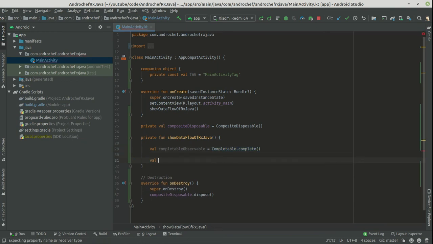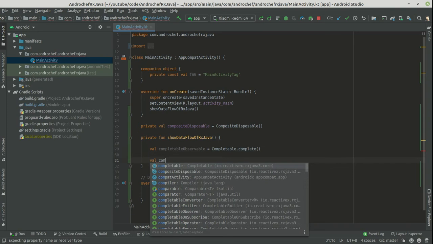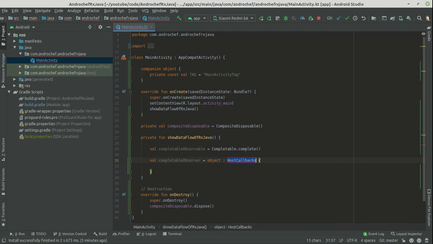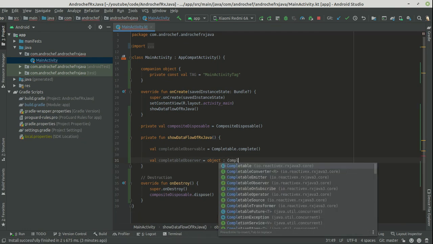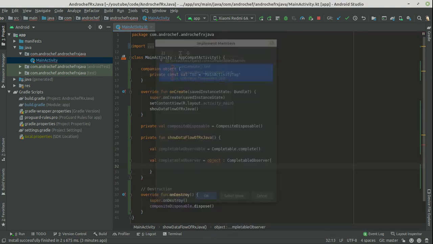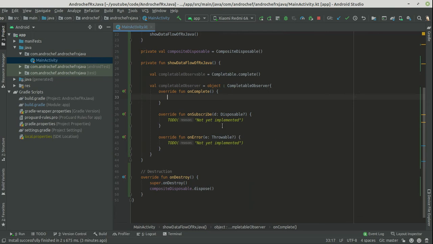Now let's create our observer. And it is anonymous class. Now there are 3 method overridden, as you can see.